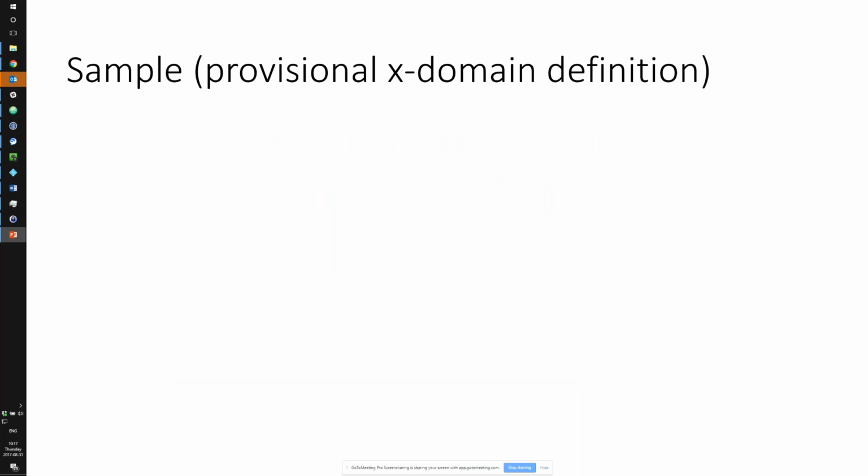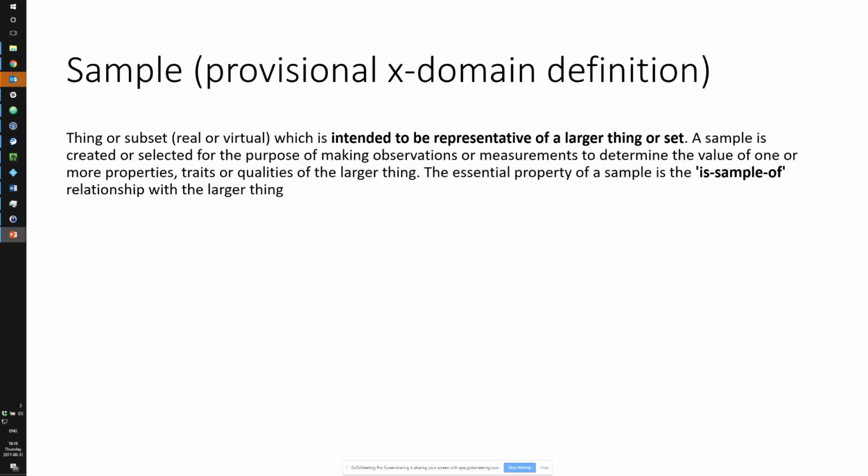So, in terms of what I'd like to put on the table for this meeting, a provisional cross-domain definition of sample, which started in one of the unconference breakout meetings and then was refined a little over the next 2 or 3 weeks. So here's some words. A sample is a thing or subset, real or virtual, which is intended to be representative of a larger thing or set. These words are chosen quite carefully